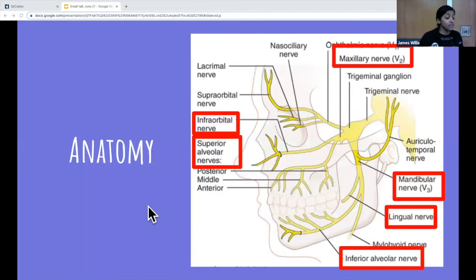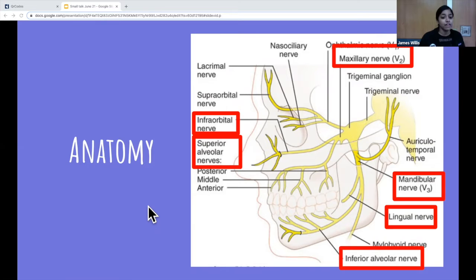Okay, so to review the anatomy, when we're doing oral blocks, you're targeting the maxillary and mandibular branches of the trigeminal nerve. So the maxillary nerve provides sensation to the maxilla, including the maxillary teeth, gingiva, and oral mucosal membranes. The mandibular nerve divides into 3 branches, including the long buccal nerve, which provides sensation to the cheek and the buccal gingiva of the mandibular molars. The lingual nerve provides sensation to the anterior 2/3 of the tongue, the floor of the mouth, and the lingual